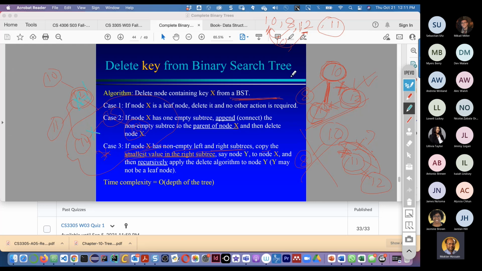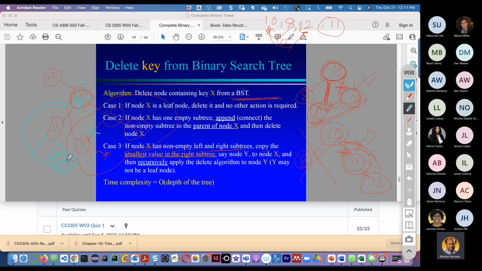This is one way, and there is another way. The book does not say this one, but we can do another way. If we take the left subtree, then the greater value from the left subtree. For instance, if we have 13 over here, then the largest value from the left subtree, we can do that way.